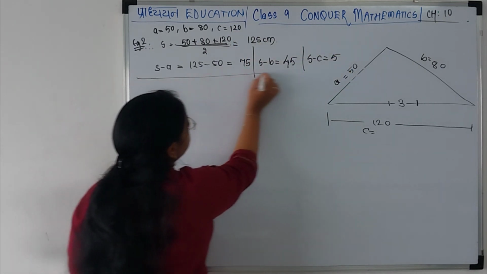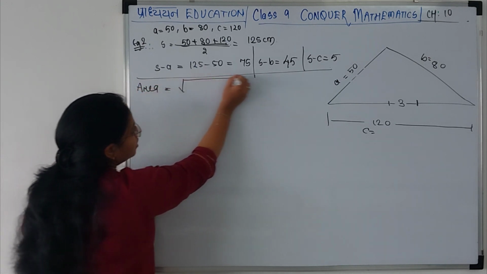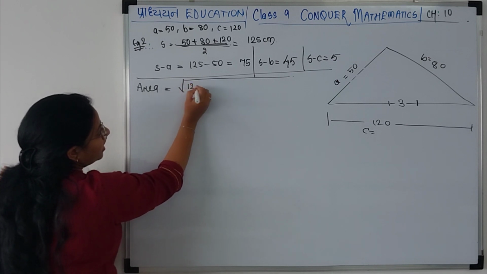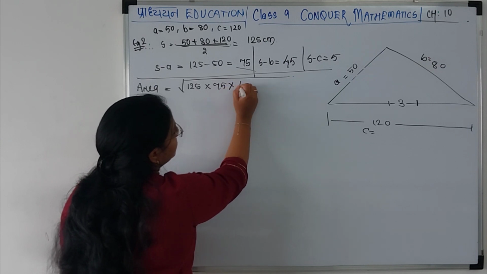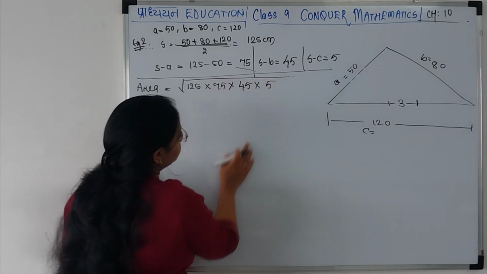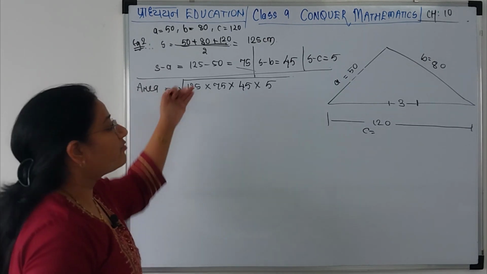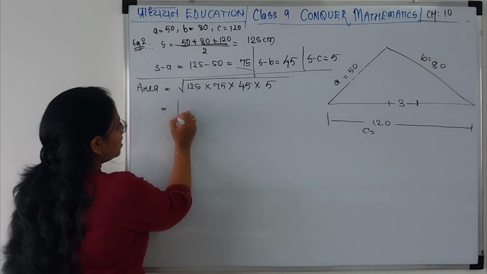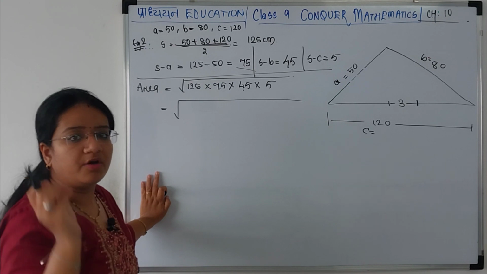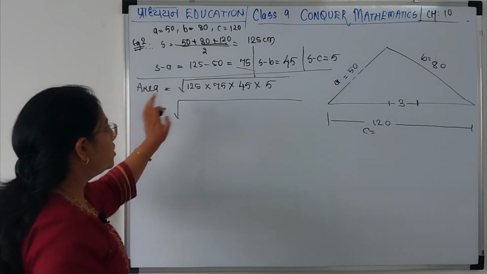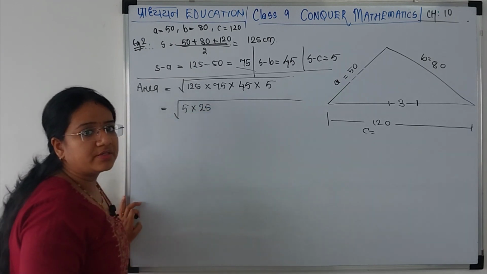Okay. We have all the three values. Let's find out area. Area is root of S into S minus A into S minus B into S minus C. I am doing this directly. Like I said, do not go for multiplication. Instead, factorize the bigger numbers. See, if you know that 125 is a multiple of a certain perfect square, like 25 5s are 125, you can write it like that. If you don't know, then you can simply prime factorize the number.